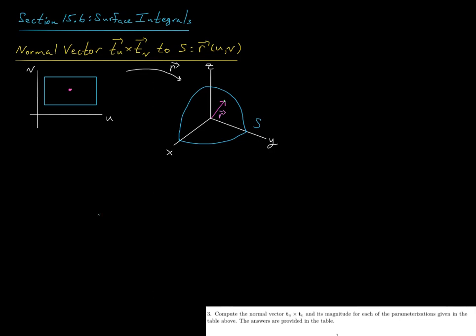All right, here we're going to introduce the tangent vectors tu and tv to a parametric surface S and the corresponding normal vector to the surface S, which is formed by taking the cross product of those vectors tu and tv. So to begin, let's say we have a vector function r that's giving a parameterization to a surface S